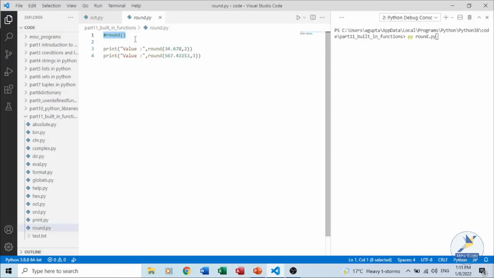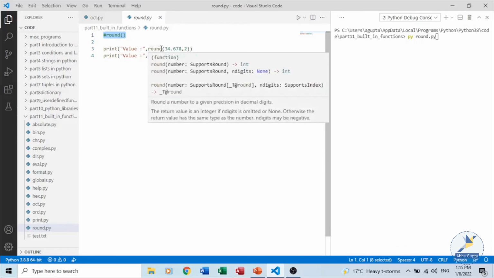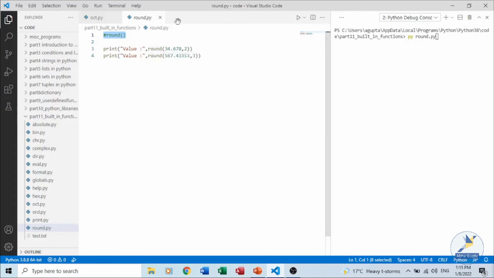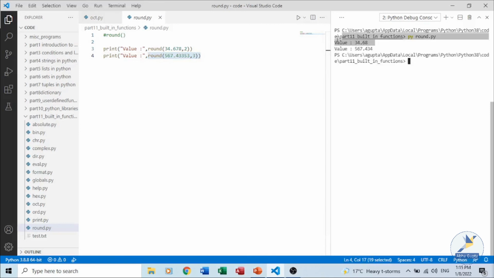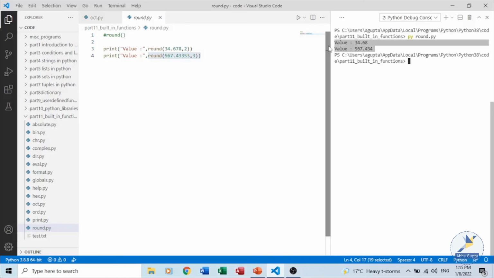The round function, when we pass an argument to round, rounds a number to a given precision in decimal digits. For example, we have provided a float number 34.678, and we want to round it to 2 decimal places. In the next one, we want to round it off to 3 decimal places. So you could see the output. For the first one, we got a value of 34.68. 678 has been converted into 68, and for the second one we got